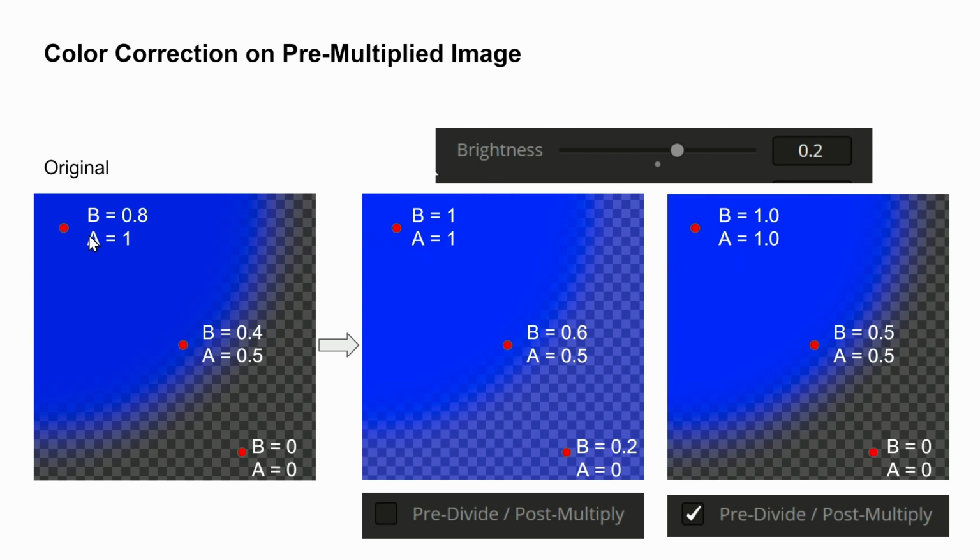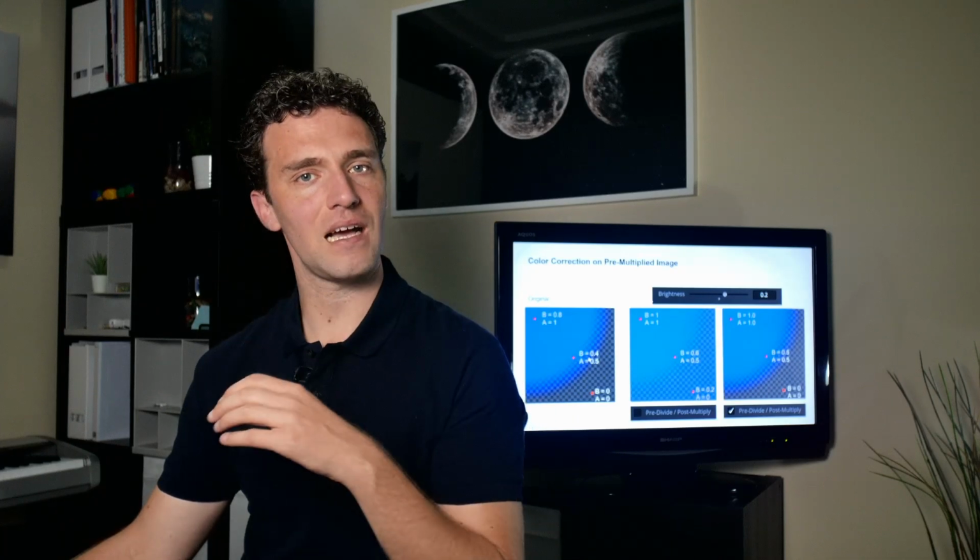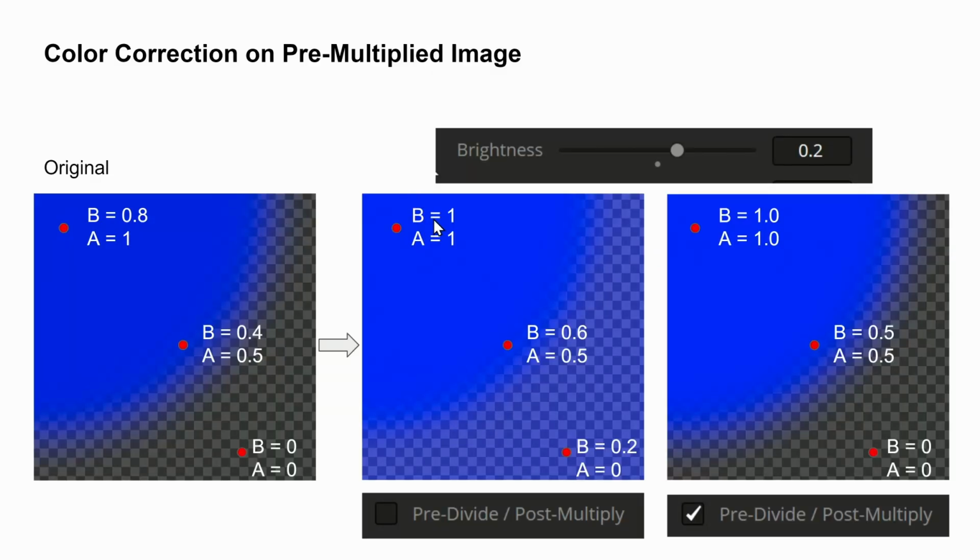And that is the case. You can test it in Fusion yourself. This is coming from Fusion, so that is the case. Now, if I do color corrections on this, and in this case I do a brightness increase by 0.2, you can do it with the brightness and contrast tool, then let's see what happens. So I have 1 in the fully solid area, I have 0.2 outside, because it's just adding 0.2 everywhere, and I have 0.6 in the 50% semi-transparent areas.